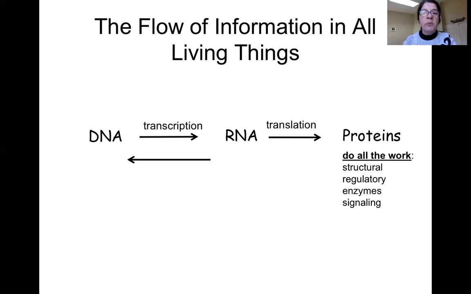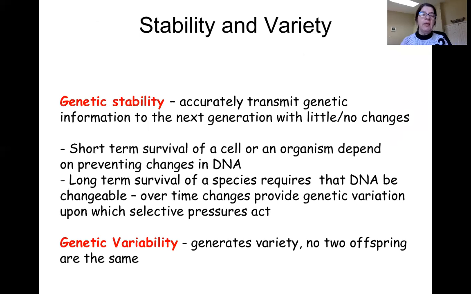So the information flows from DNA to RNA and from RNA to proteins, except in a few exceptions called reverse transcription, where information from RNA can be copied onto DNA. And we're going to be talking later in the unit about this. But today we're going to be talking about the process of copying the information contained in DNA for transmission to the next generation in a process called DNA replication. So let's examine the two